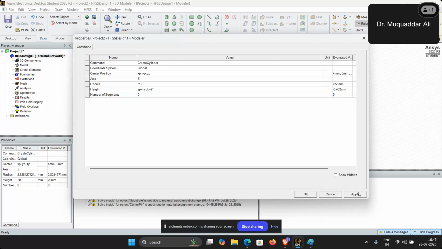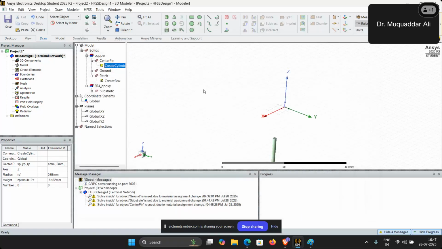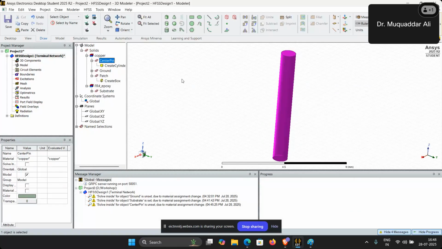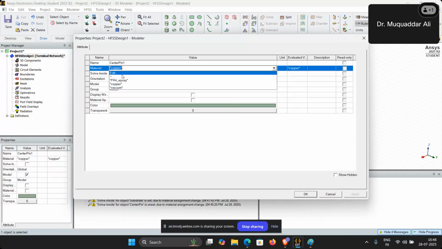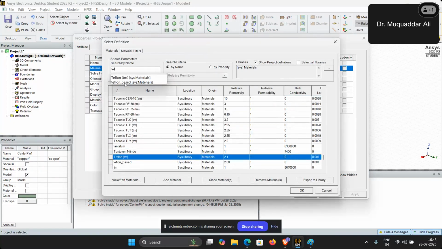Then click apply. So now we are able to create this. Now we make a duplicate copy of this, and the center pin is of copper. The second copy that we are creating is for the shielding, the substrate material of the coaxial cable. In that we usually have Teflon material. So select here and select the material and give it as Teflon,